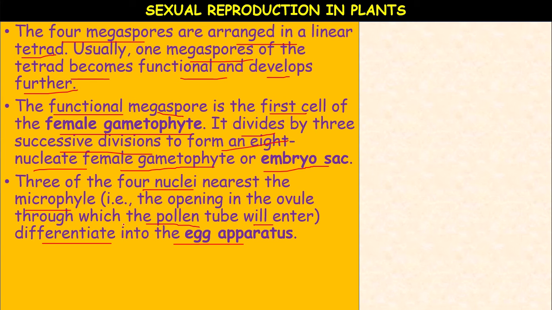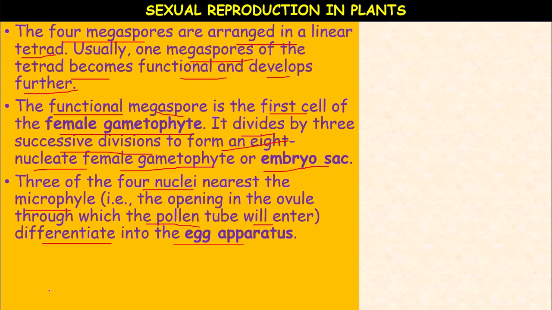Megasporogenesis. Ovules generally differentiate a single megaspore mother cell, that is MMC, in the micropylar region of the nucellus. The megaspore mother cell undergoes meiosis to form 4 haploid megaspores. Out of the 4 megaspores in a linear tetrad, usually the upper 3 degenerate and the lowermost enlarges to form a